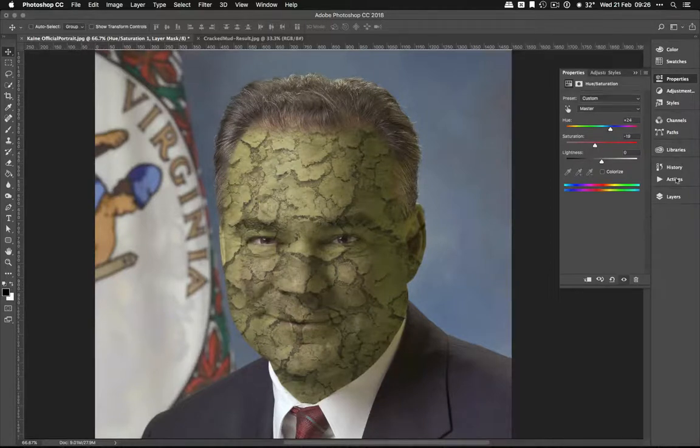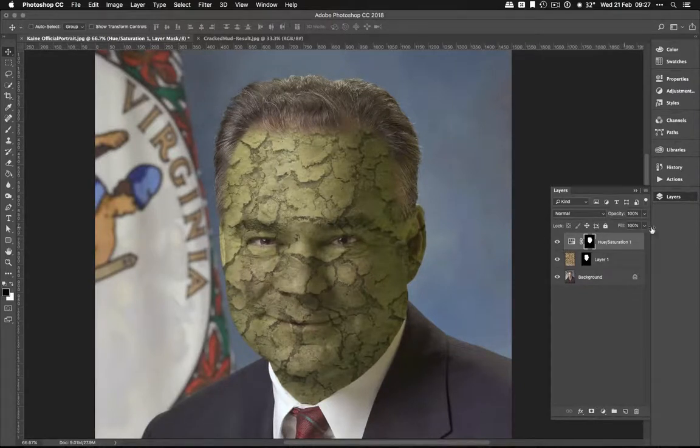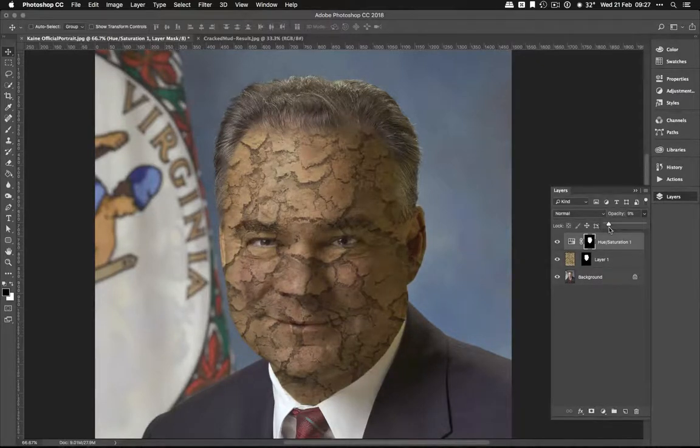All right. And then, once again, if we look at our layers here, you can see that it's creating that same mask as we had before. It's masking out the eyes because we've already done that. And then I can take the opacity down just a little bit to maybe blend it in just a little bit more. All right, so now we've got this weird kind of zombie face on our senator. So that is the basics of how to add texture to or change the texture of one kind of material